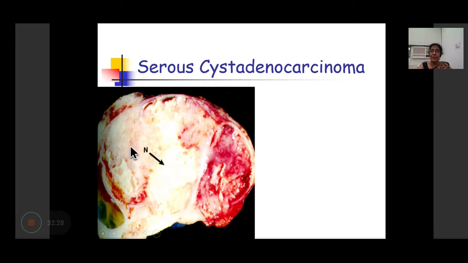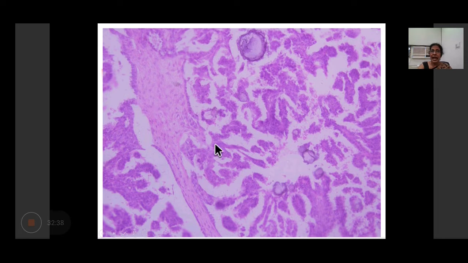While in serous adenocarcinoma, you can see it has gone inside the wall and there is a large sheet-like white growth involving the tumor. And what does it show apart from the papillae formation? Nuclear hyperchromasia, nuclear atypia, increased mitosis, and areas of necrosis. Along with that, you have these calcific lamellae. Fine. So lamellations of calcific material, which are called Psammoma bodies, occur in the serous malignant tumors of the ovary.